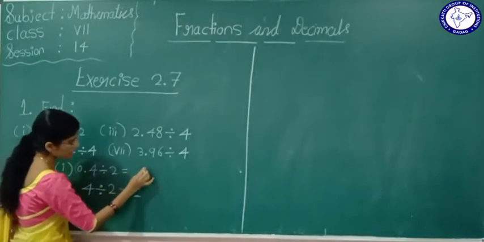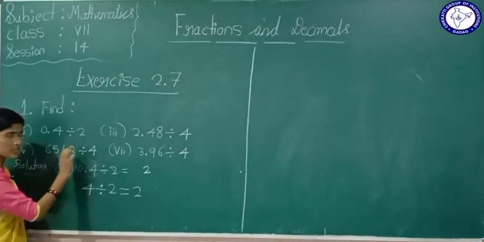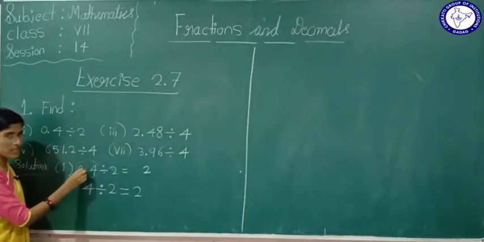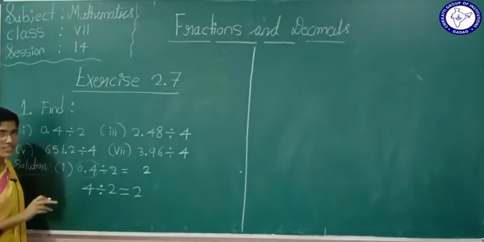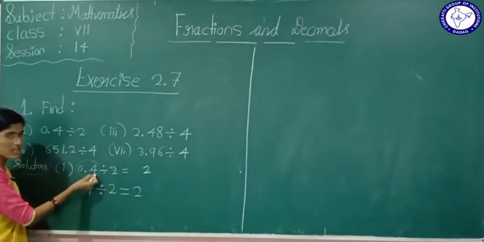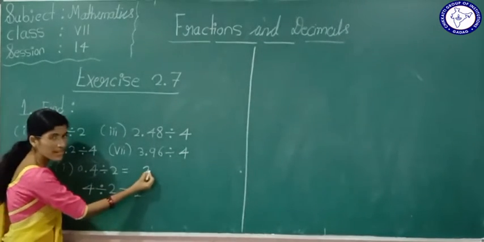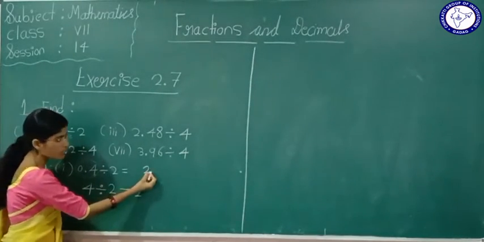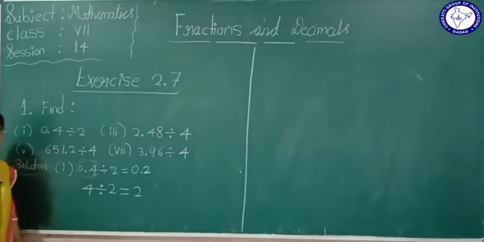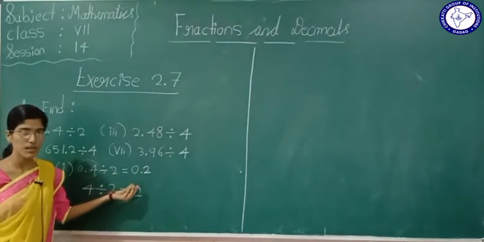Okay. Now see here. What I will do is I will keep the quotient as 2 here. Now see here, in this decimal number, here the decimal point is there, right? Definitely, decimal number means a decimal point will be there, right? See, after this decimal point, how many digits are there here? It is 1, right? From the back side, after one place you put the decimal point, it will become 0.2. Is it understood how to divide a decimal number by a whole number?